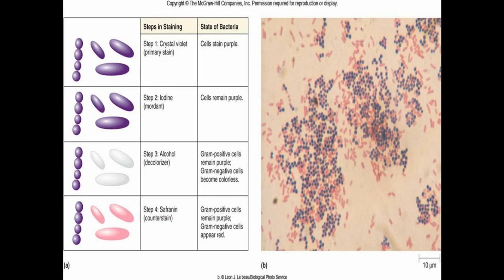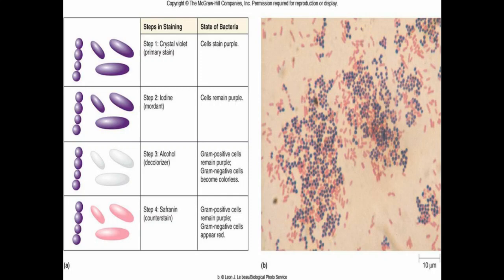is, the first step is we use a primary stain called crystal violet. Crystal violet is taken up by all the cells, and the cells stain purple in color. Then in the second step, we add a mordant, which is called iodine. What is a mordant? A mordant is a chemical compound which fixes your primary stain to the cells. So here iodine is used as a mordant, and since iodine can fix your crystal violet, the crystal violet iodine complex is formed, and this complex will fix the stain into your cells and